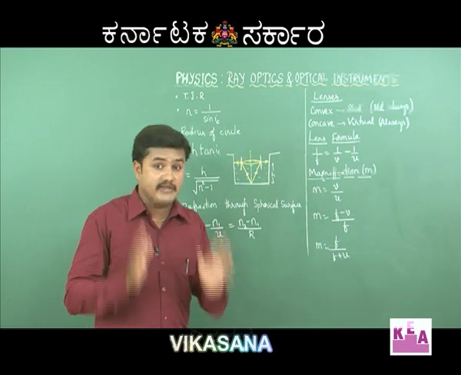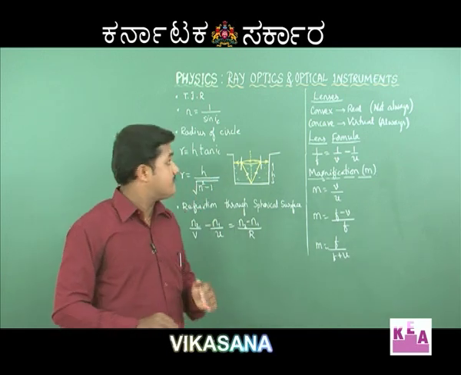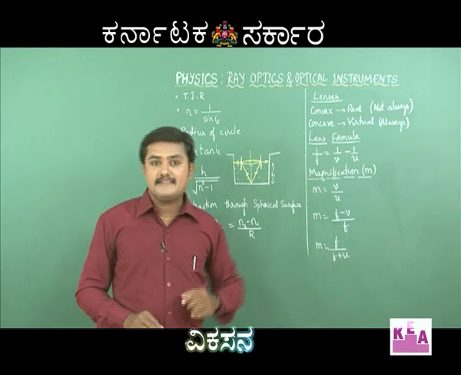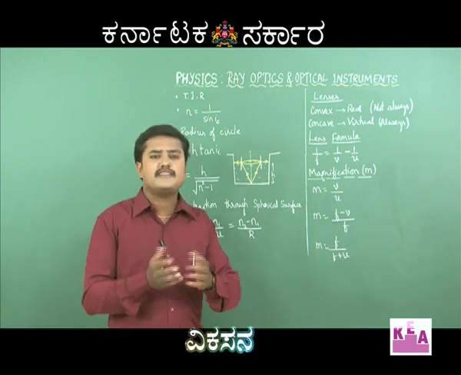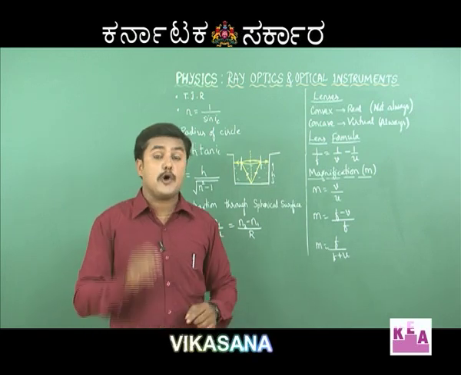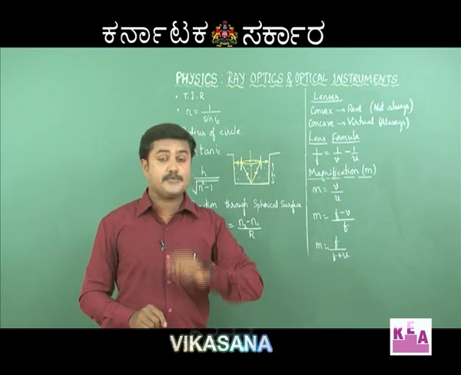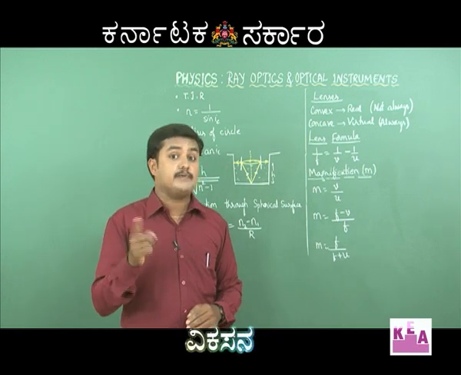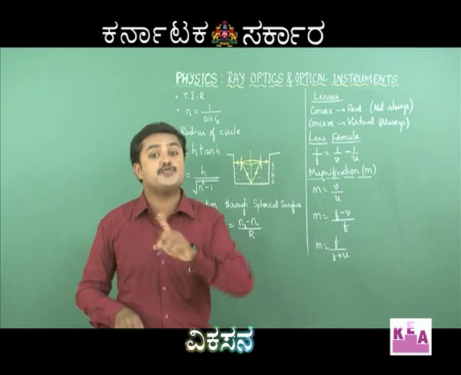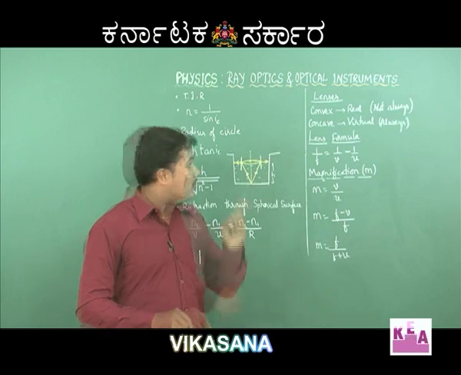So, students have to be very careful while using this formula along with sign conventions. And let us move on to lenses, 2 important types of lenses, convex and concave. And regarding the nature of the images, convex produces real image in most of the cases. There is one exception, that is when the object is kept within focus, it produces a virtual image which is enlarged. Then coming to concave lens,